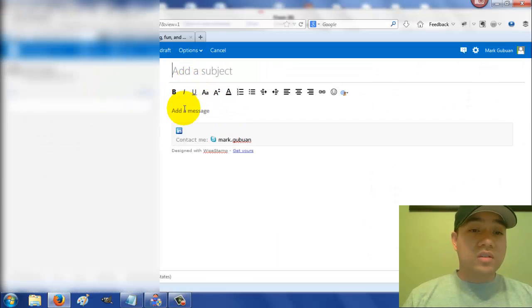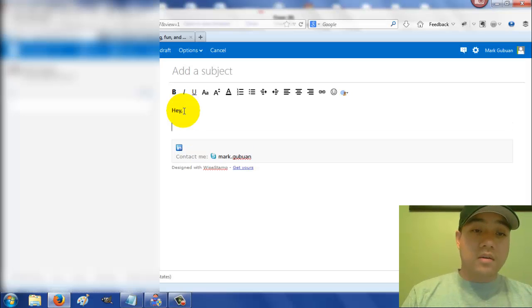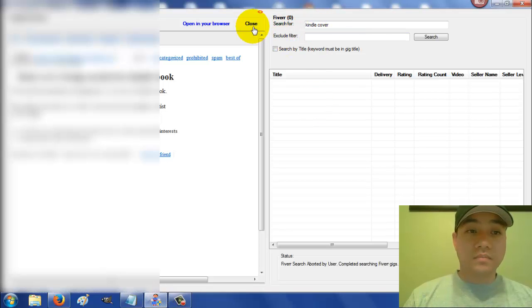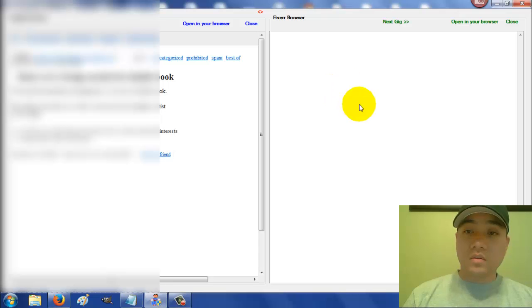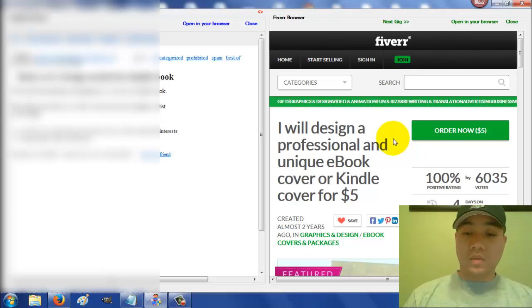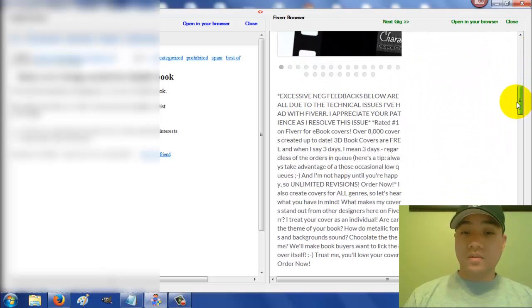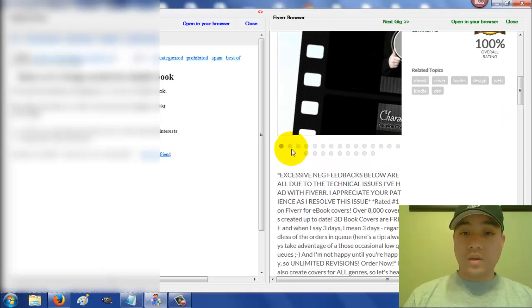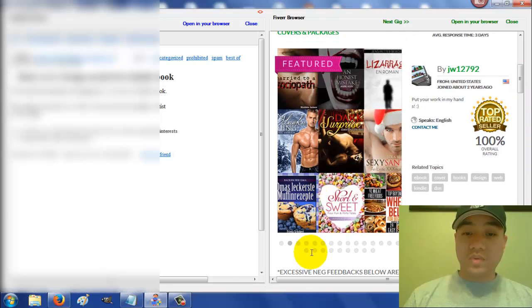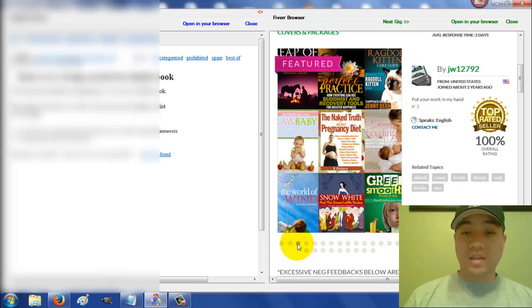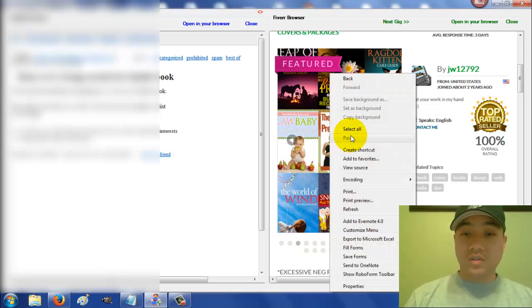So if I were gonna do this, let me just quickly go back here. Okay, so opened up this real quick. Take a look at some of these covers, right? I mean, look at these covers. These are what people are producing for $5. You know what I'm saying? Like, these are crazy, right? So you just take this and you go,